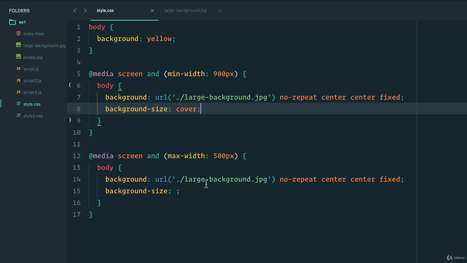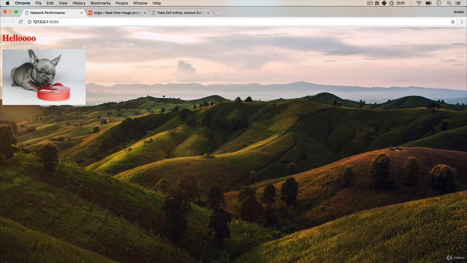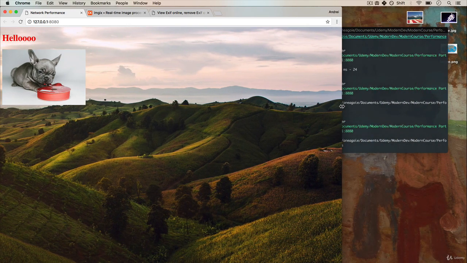And we also have another media query, because we can use as many as we want, that says the same thing, except for this time, we want to say that max width is 500 pixels. So let's see what this actually does and what these differences might be. I have the website running over here, and you can see that it's a very simple website, but I think it looks pretty good, especially this dog over here. But check this out. As I change the screen size of this,